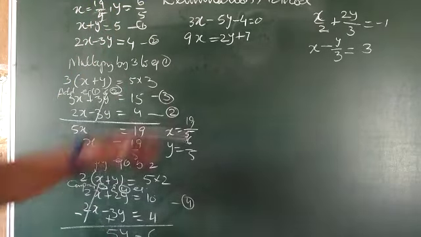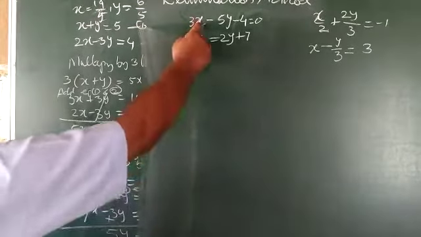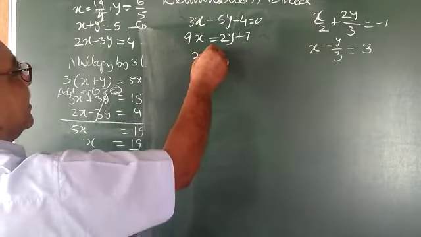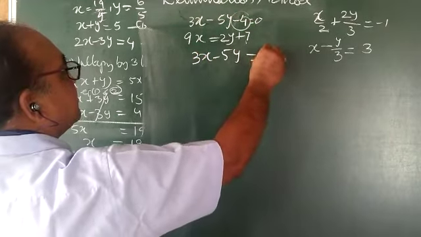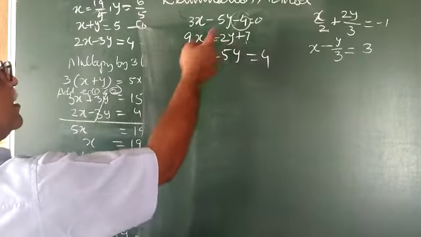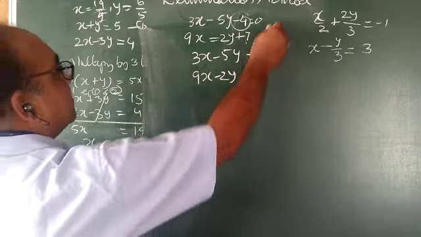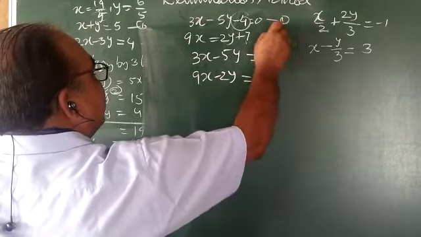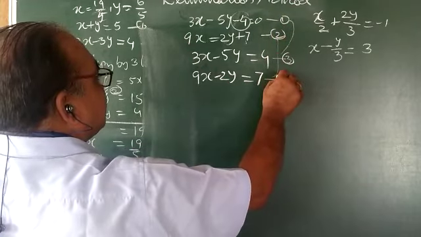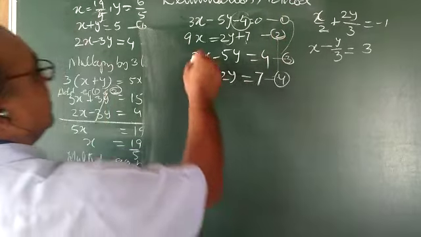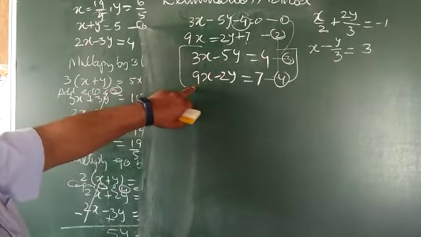Now we have the second equation, and here what to do? I will tell you because space is less here. So the first equation you make 3x minus 5y, take the constant to the right side, becomes 4. And here you take 2y here, so 9x minus 2y is equal to 7. This was the first equation, this was the second equation. From first you made the third equation, from second you made the fourth equation. Now you have to compare the two equations.